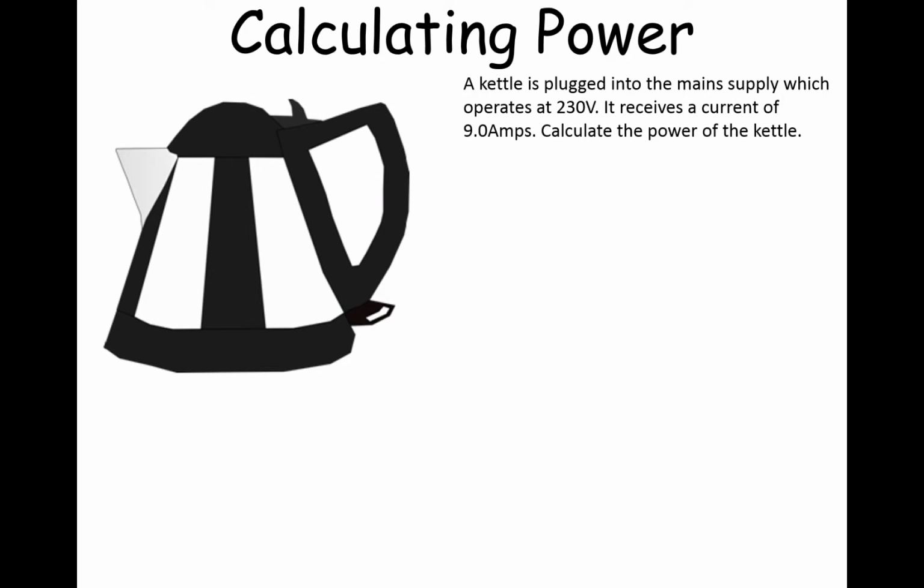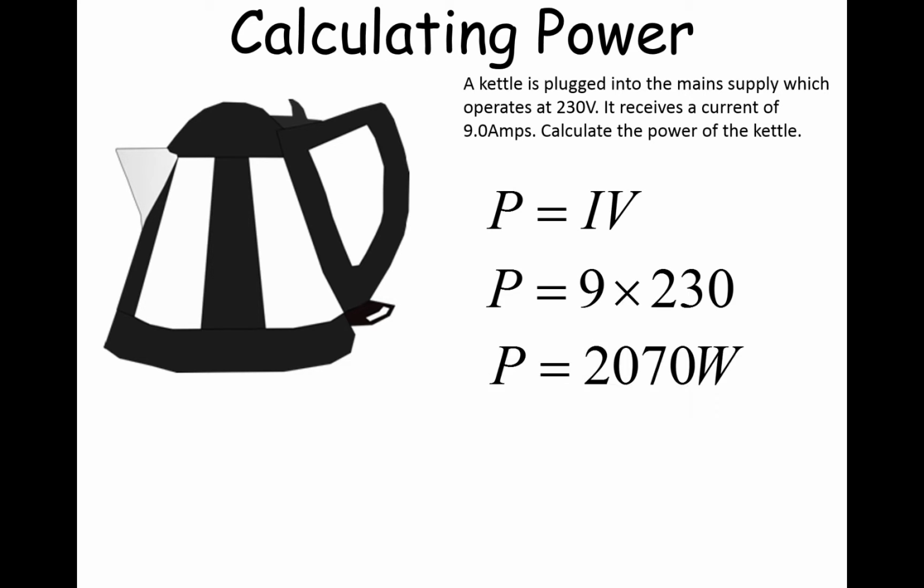Finally, we have a kettle plugged into the main supply which operates at 230 volts. It receives a current of 9.0 amps. Calculate the power of the kettle. So again, we write down our equation, we substitute in the correct numbers, and that gives us an answer of